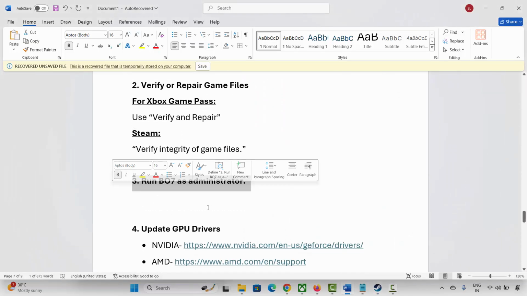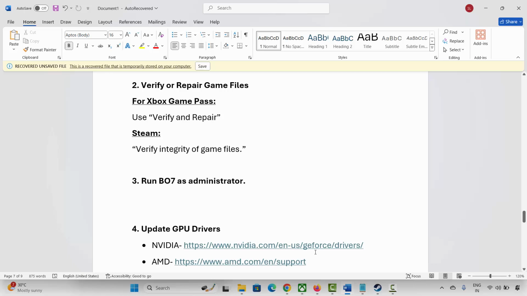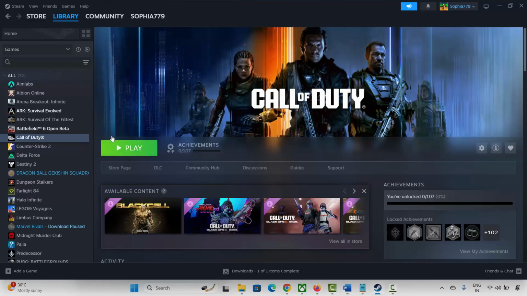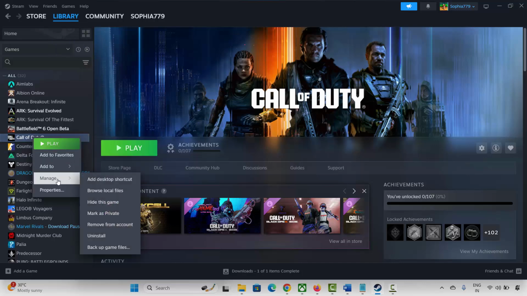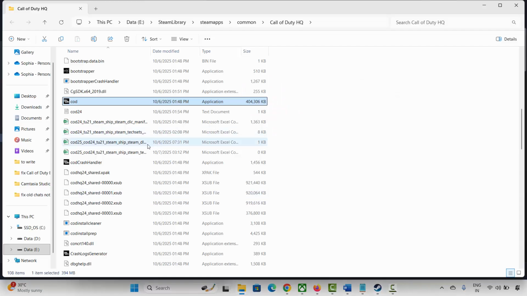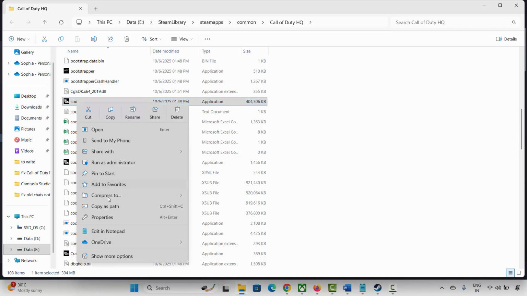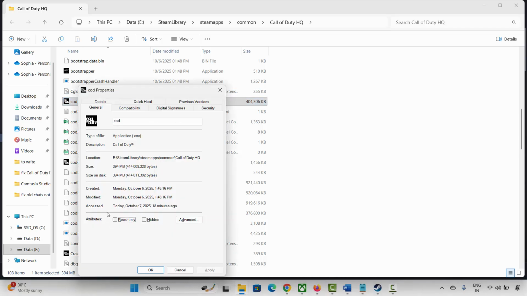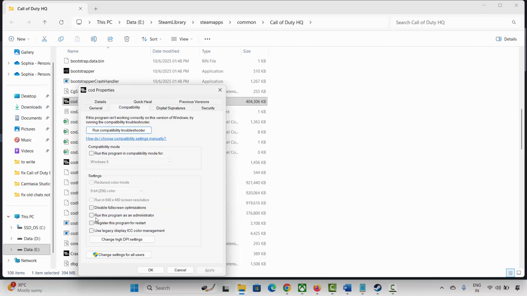Third solution is to run the game as administrator. So for that, go to Steam, under the library section, select your game, right click on it, click on manage, then click on browse local files. So this will take you to the game folder. Now select the game application, right click on it, click on properties, now click on compatibility, and then click on run this program as an administrator,